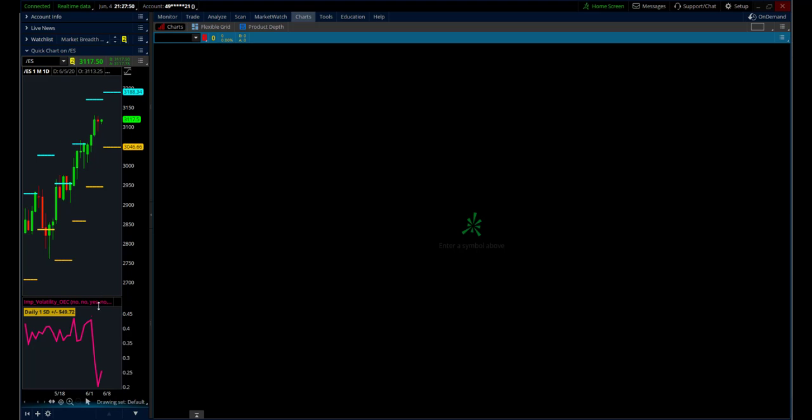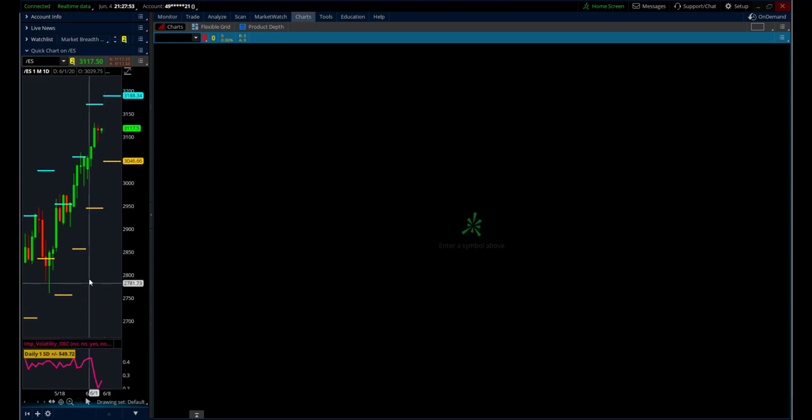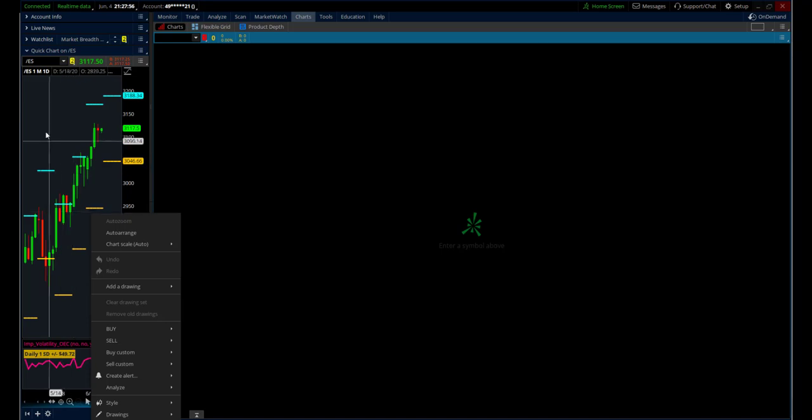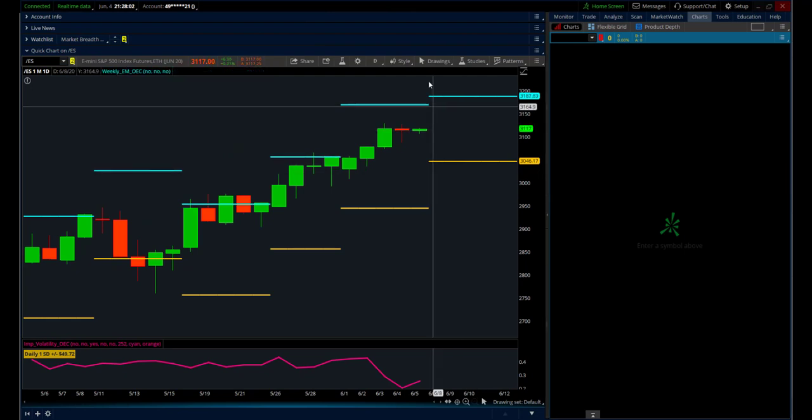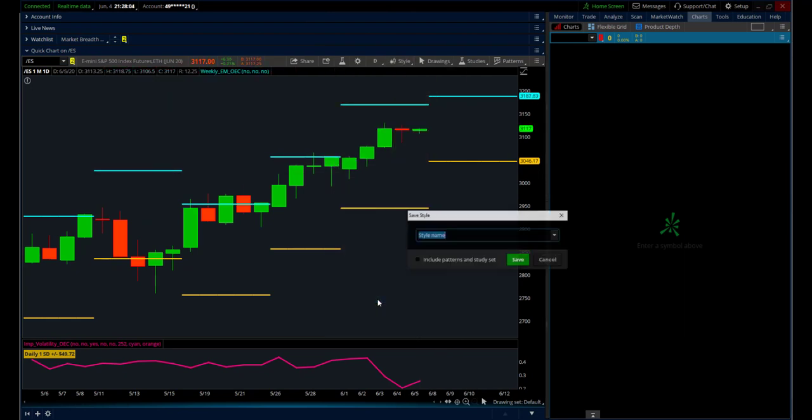This is important now that I save this, because Thinkorswim will do things like lose your stuff. So what we need to do, stretch that back out, and go to Style, Save Style, and this is a quick chart. I want to use a caret symbol. That's Shift 6. When you hold Shift and hit the number 6, you get a caret. I want 2 carets because I want to name all my stuff, but Thinkorswim wants to alphabetize everything, and I want all of my quick charts put in the same spot. So 2 carets, and then